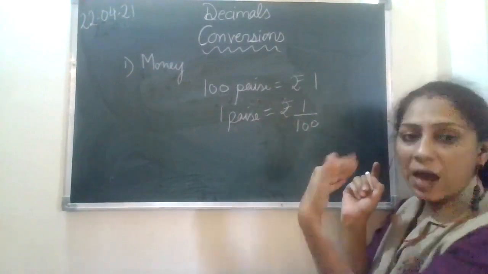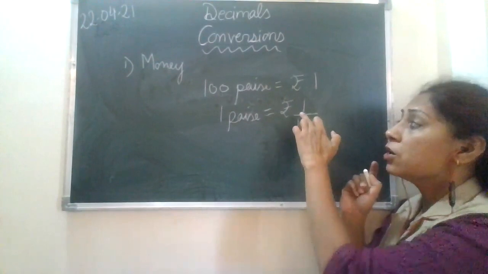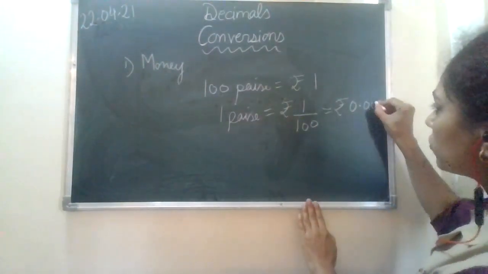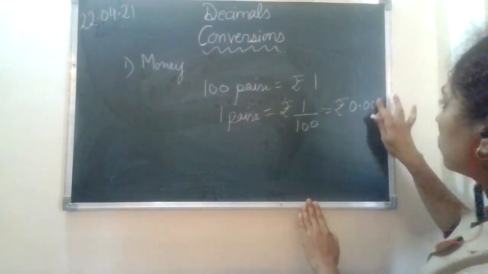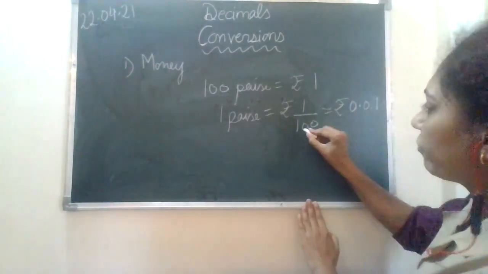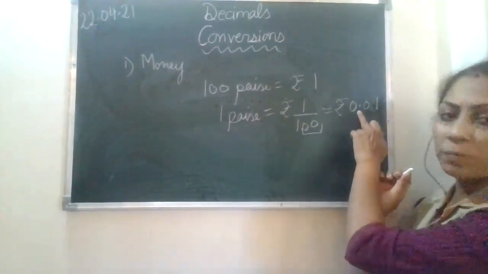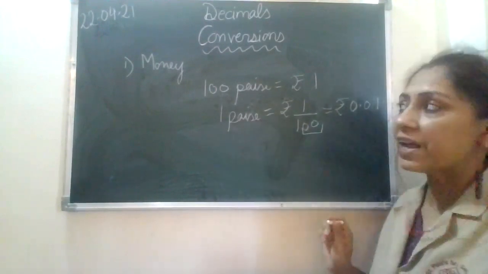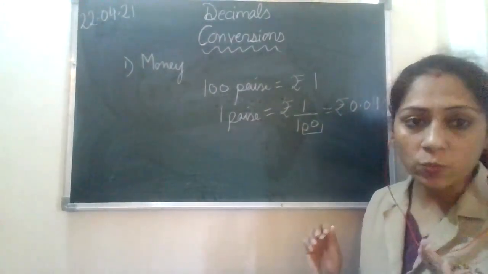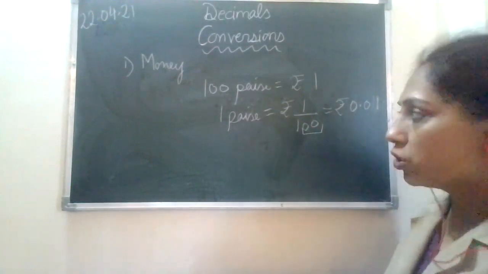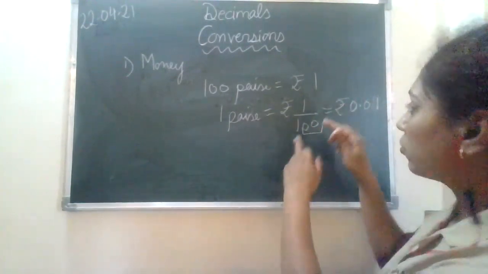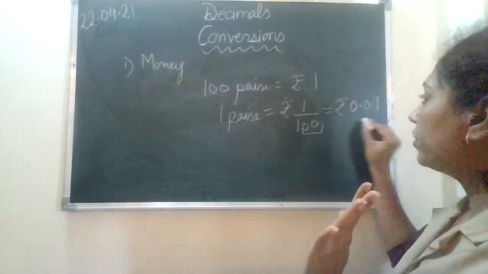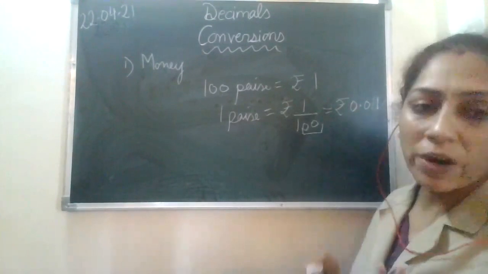So the decimal, if I tell you about the decimal, the decimal equivalent in rupees is 0.01. Fine. 2 zeros are there. So the decimal placement is also 2 places. So this is a very small unit, less than 1. Mind you, if I ask you what is equivalent to 1 paisa, it is equal to rupee 1 upon 100 or 0.01 rupee.